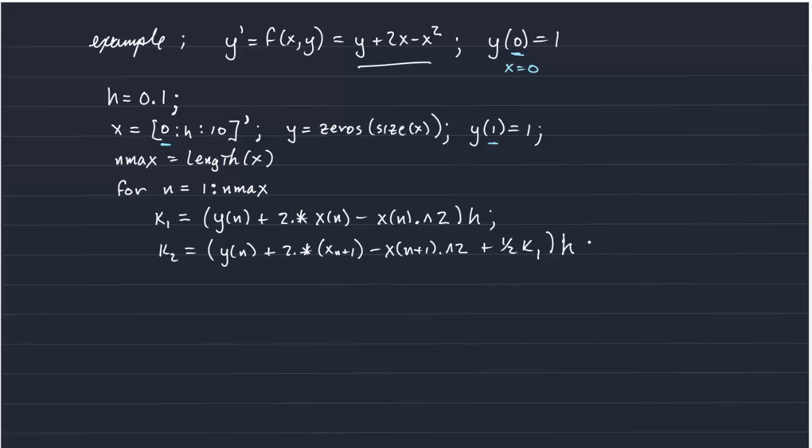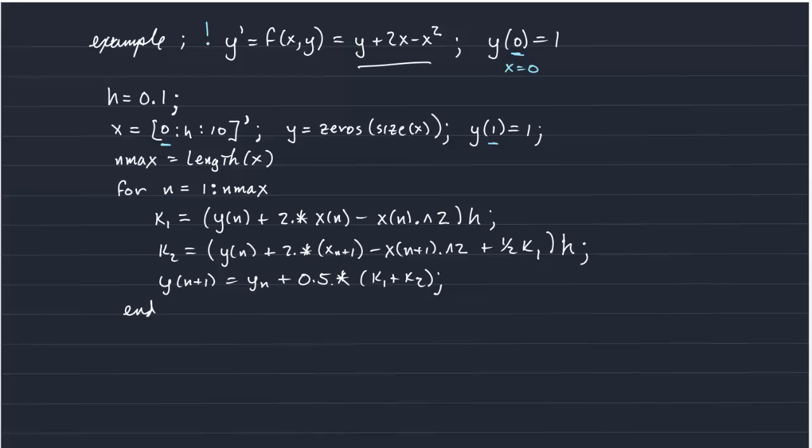And I have to multiply that by h as well. So that's k2. And so our estimate for the second point is, again, yn plus our estimate for the mean of those two slopes, or the estimate for our midpoint, written like this. Okay, so that is an example MATLAB code that you would use to